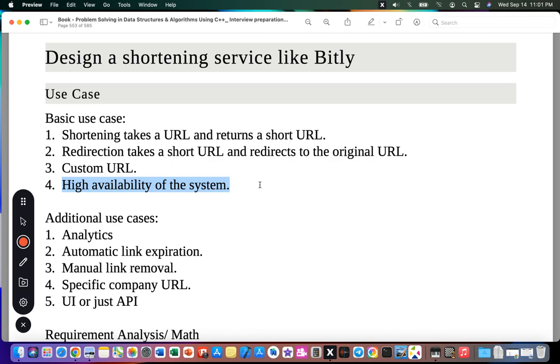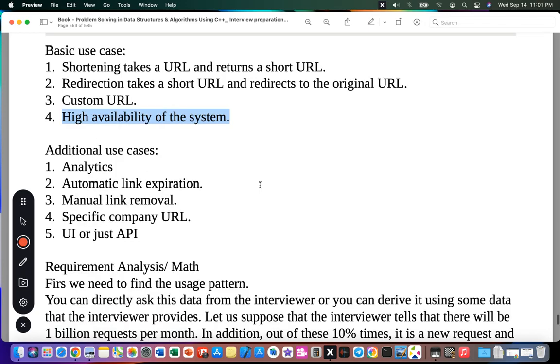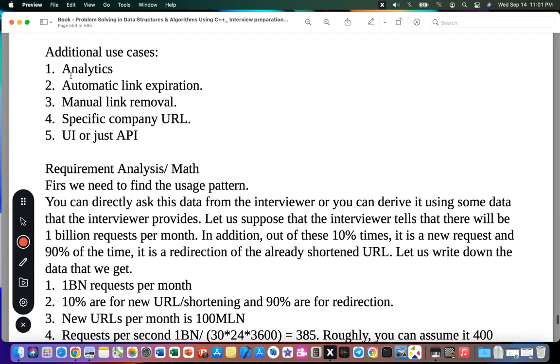All right. Here's the use case or the information gathering. Additional use cases: analytics, which provides reports. Automatic link expiration.